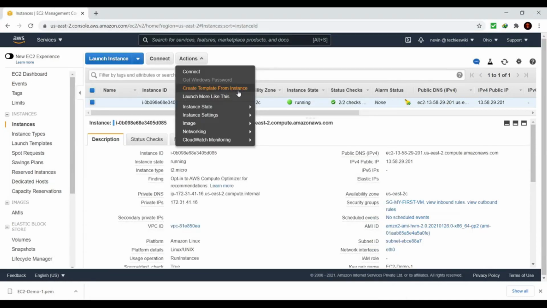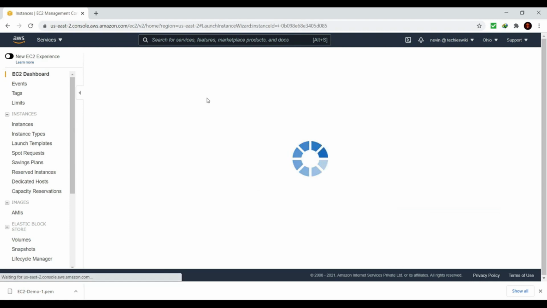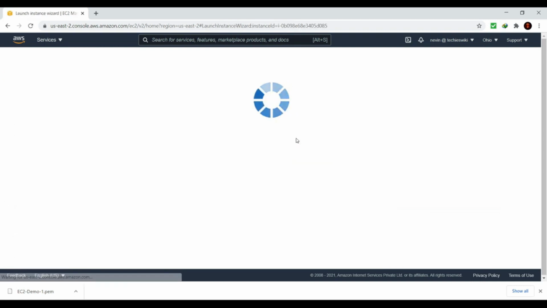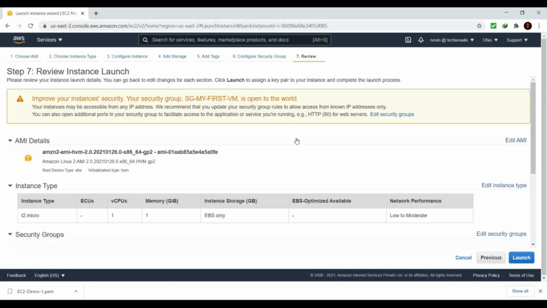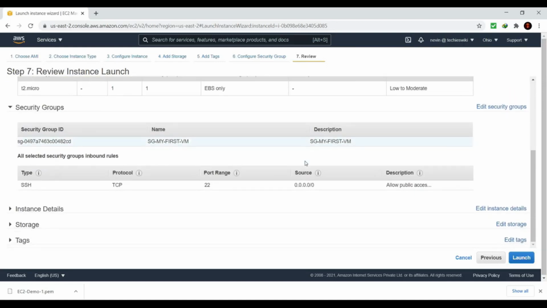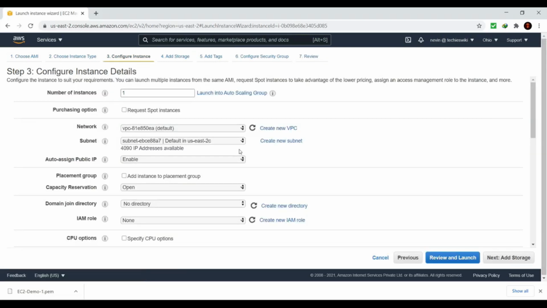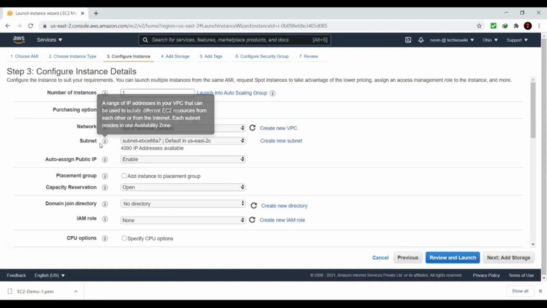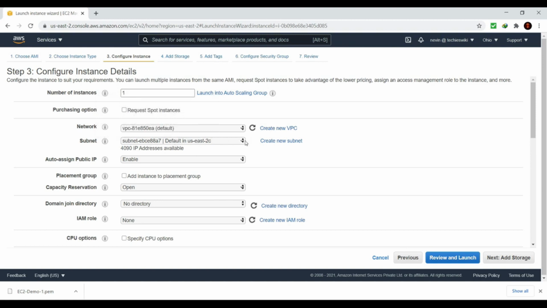You can create a template from this instance which can be used to create another instance later. Or you can click on this launch more like this button, which will then show you the configuration we did for that instance, and you can edit it if you want and click on launch, which will launch the other instance. For example, here I am editing the details and changing the availability zone to a different one.